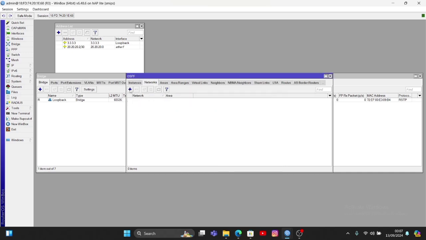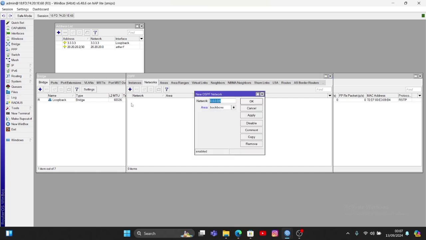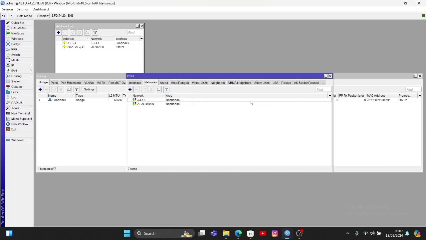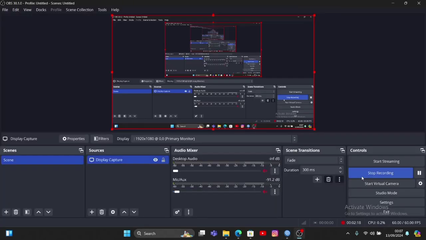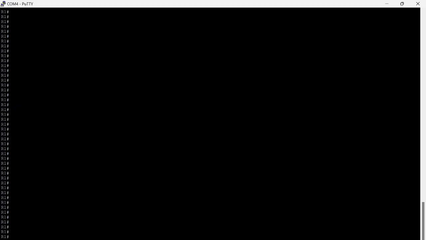Okay, and I add a network from router 3, the Mikrotik router, and I change the area, and I add a network from the IP loopback, and I put it in area backbone. So that finishes the routing.